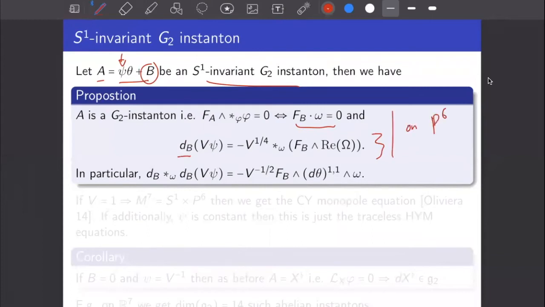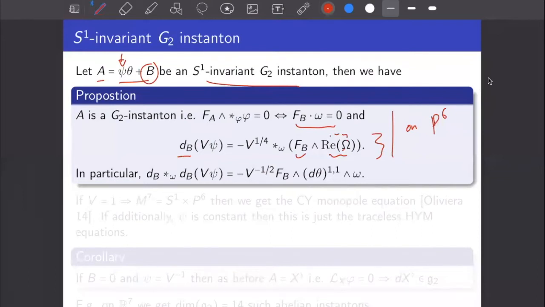And on the right-hand side, we get the curvature of the connection form B, and it is paired with the real part of the holomorphic volume form. So in the previous setup, we had a very similar expression in the Hermitian-Yang-Mills case, where this term here was essentially missing. In particular, if you Hodge star both sides and take the exterior covariant derivative,